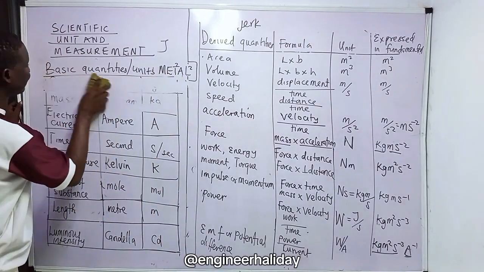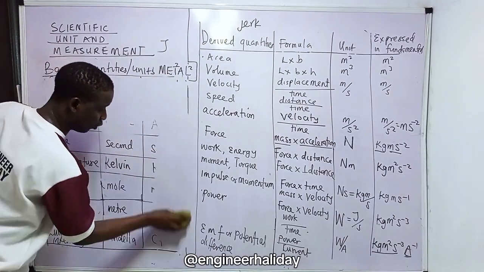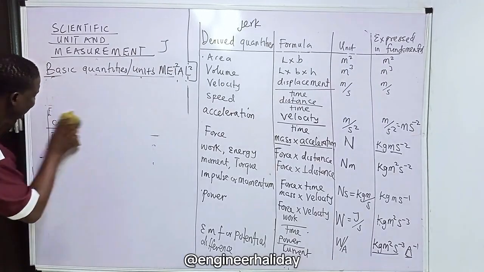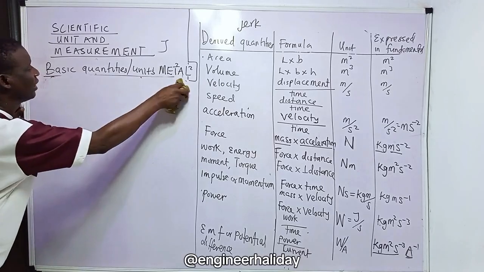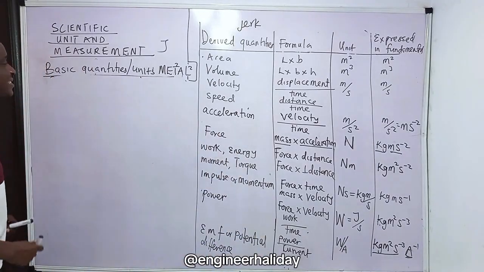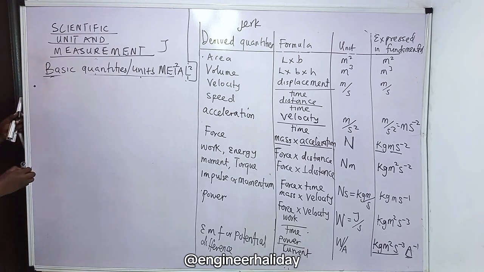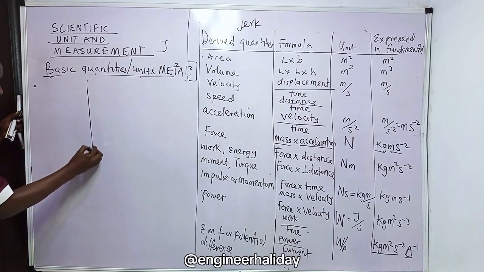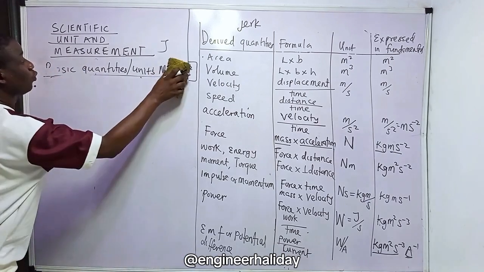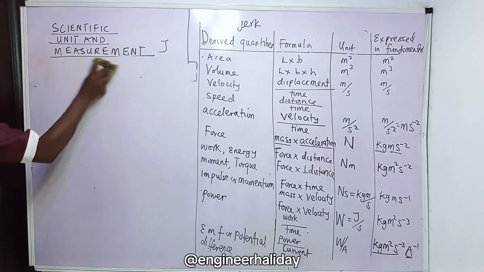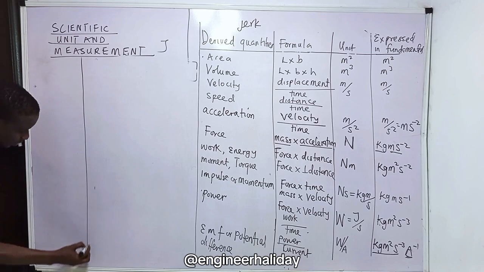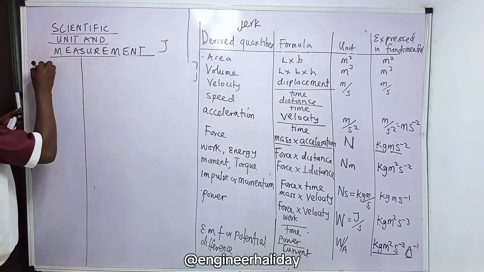Now, we also have what we call charge. These are all derived quantities. Please take note of that. If you can know all this, it will make things very easy for us. The basics of understanding physics rest on this particular chapter. Let me clean this board so that people will not mix it up. So the next one is charge.